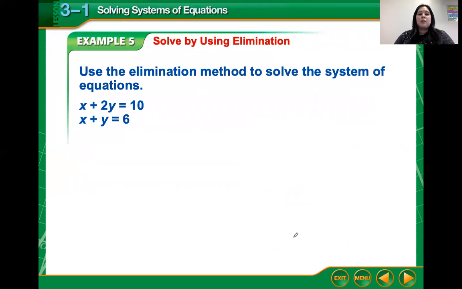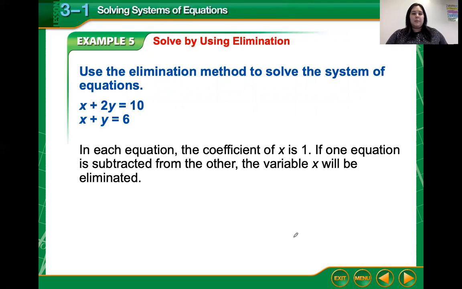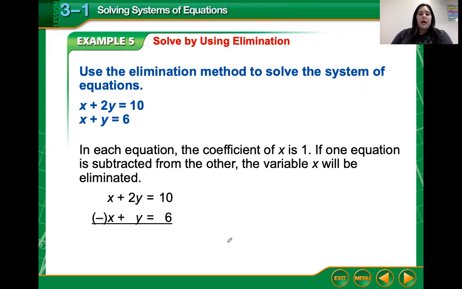So here we have x plus 2y equals 10 and x plus y equals 6. So in this equation, each coefficient of x is 1. If we subtract one from the other, we can eliminate the x value. So when we subtract, we're subtracting everything. So sometimes it's actually easier to rewrite this equation as negative x minus y equals negative 6 and just multiply